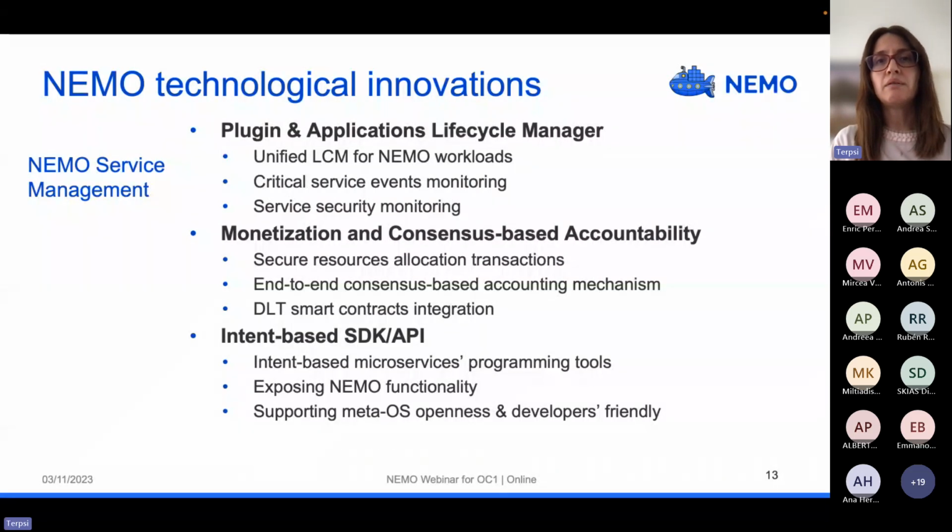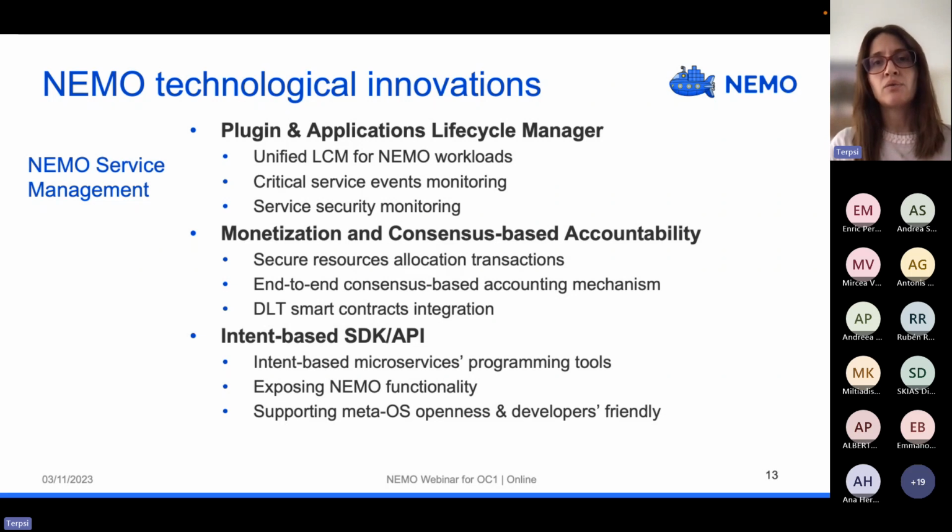The NEMO service management layer includes the plugins and applications lifecycle manager. This is a component for unifying handling of all the workloads, whether they are service, microservice, application, or plugins. It supports monitoring for critical services events and also security of services hosted in NEMO.